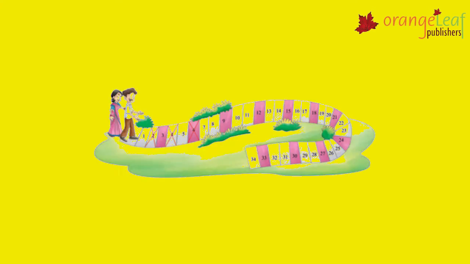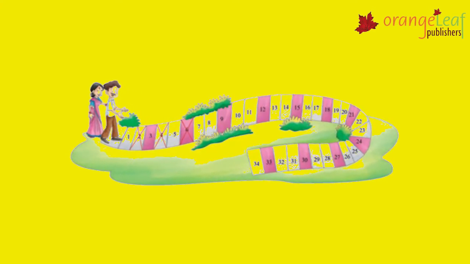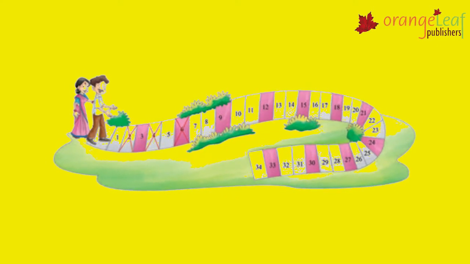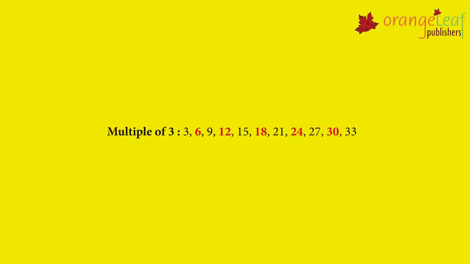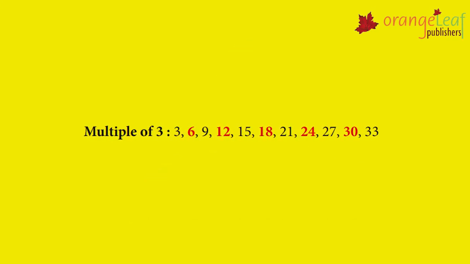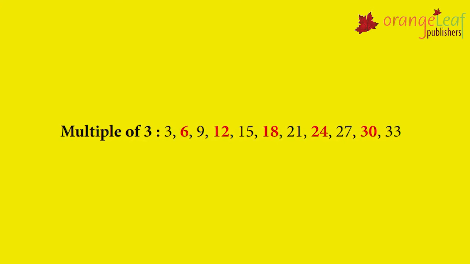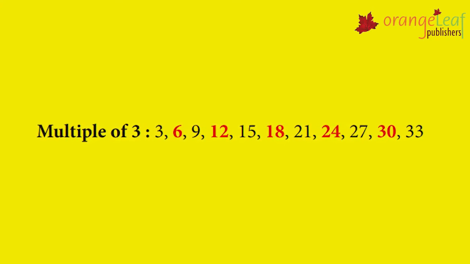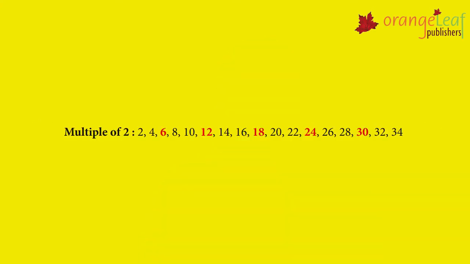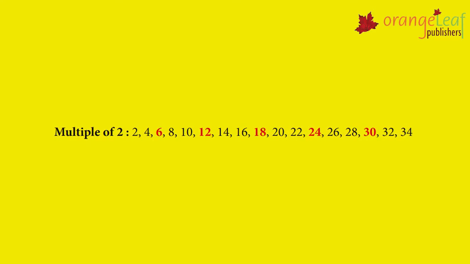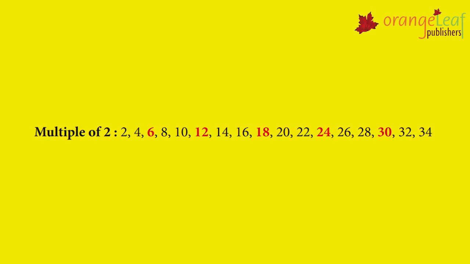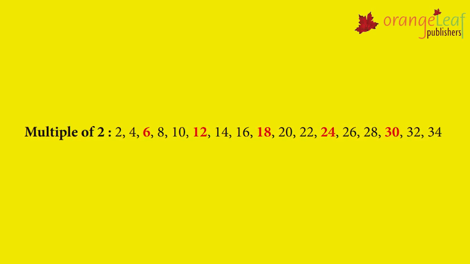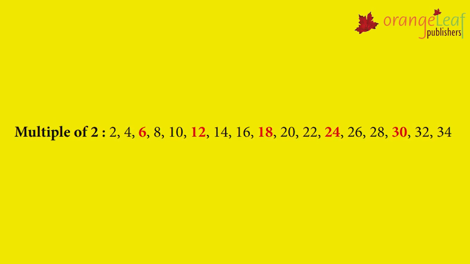Common multiples. In the image shown to you, Mr. Gupta's steps are multiples of 3 and Mrs. Gupta's steps are multiples of 2. Multiples of 3 are 3, 6, 9, 12, 15, 18, 21, 24, 27, 30 and 33. Multiples of 2 are 2, 4, 6, 8, 10, 12, 14, 16, 18, 20, 22, 24, 26, 28, 30, 32